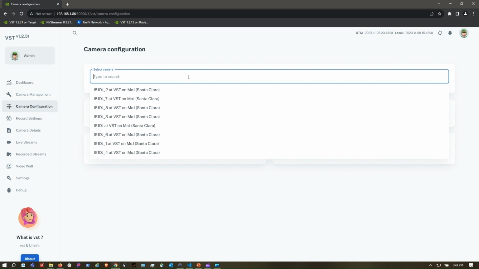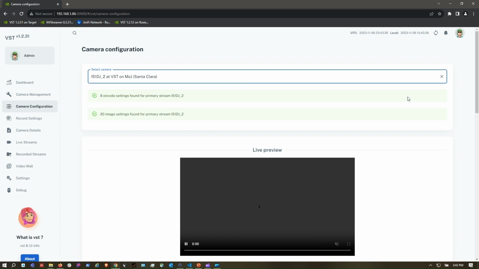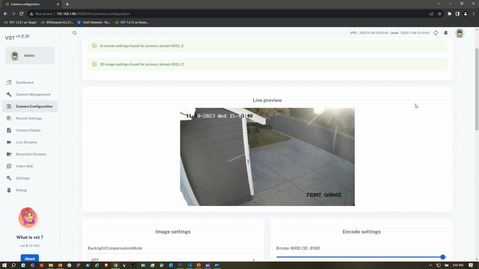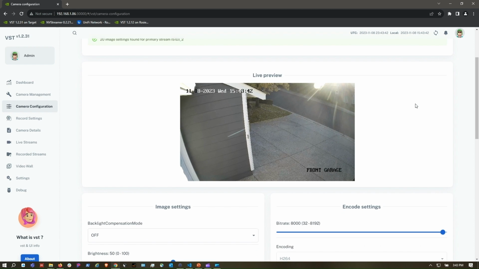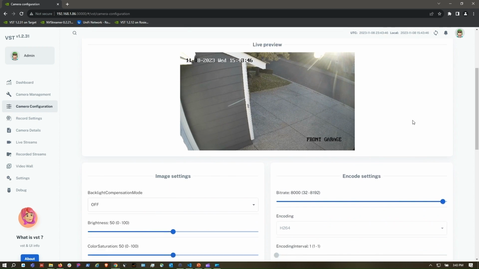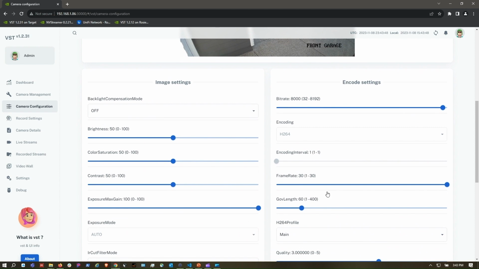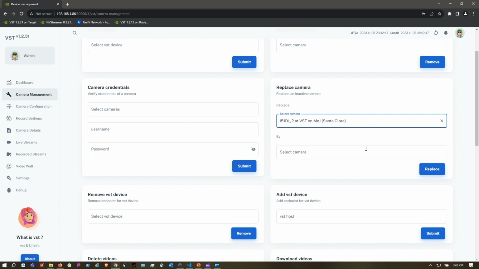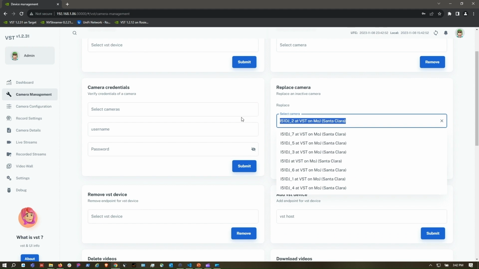Let's look at camera configuration page. In this page, you can access most of the parameters available through ONVIF. Please note that OSD settings are not available in this page. For example, the clock needs to be set on camera web server. If one of your cameras is broken or damaged, you can maintain the continuity of recording by replacing it with